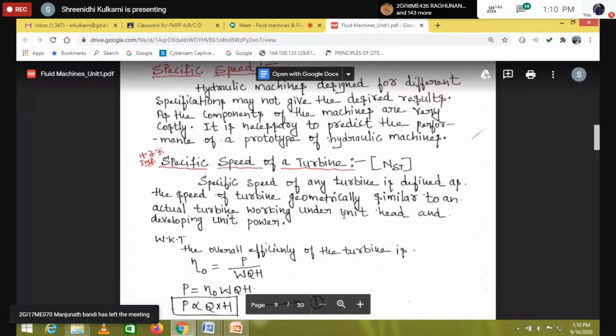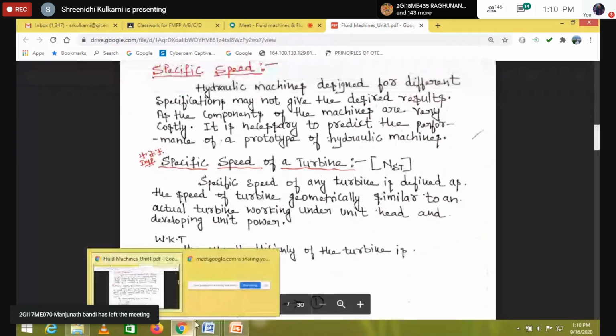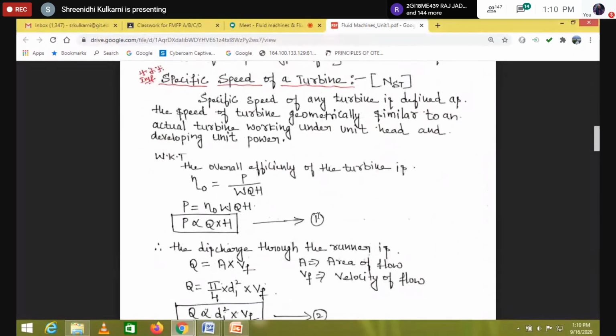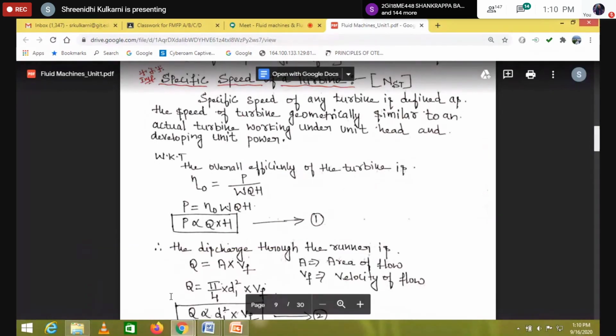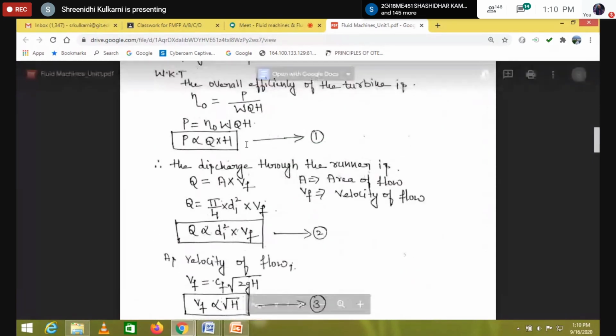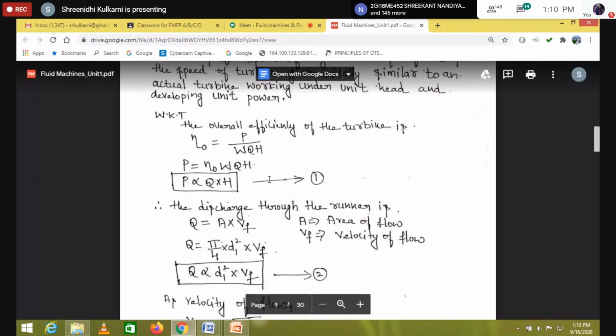So which one do you want, whether you will go for this method or the pi 1, pi 2, pi 3 method? Which one is easy? You take that. No, see, it is not like that, because the pi 1, pi 2 and pi 3 is a trial and error method. But my suggestion is, always go for this procedure.